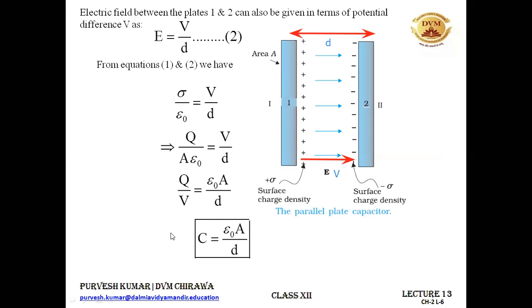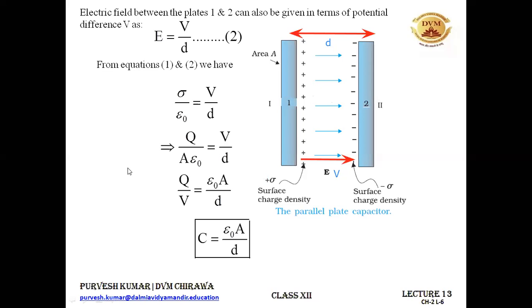Sometimes in some books, they write it like C naught. All right. They write it like C naught. It means that it is the capacitance of a parallel plate capacitor when no medium was present other than the vacuum in between the plates. All right. So this is the case when only vacuum was present in between the plates of the parallel plate capacitor. If some other medium was present over here, then the case would be different.